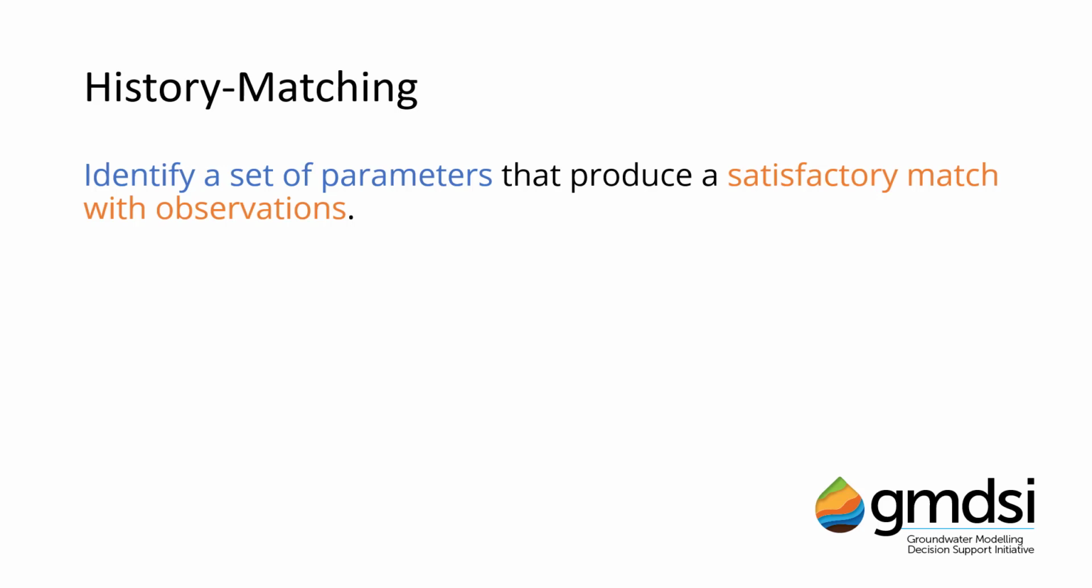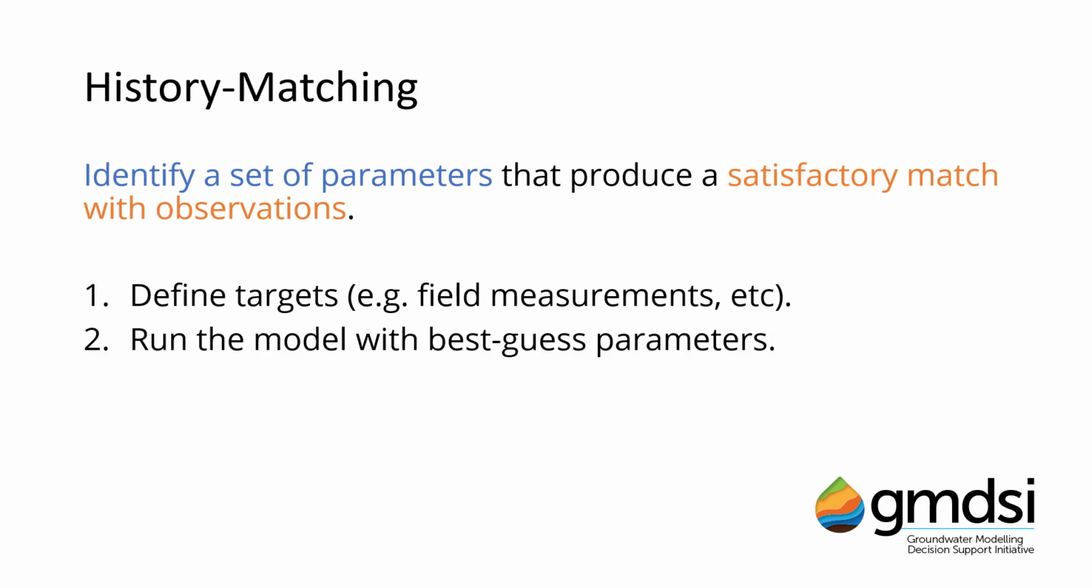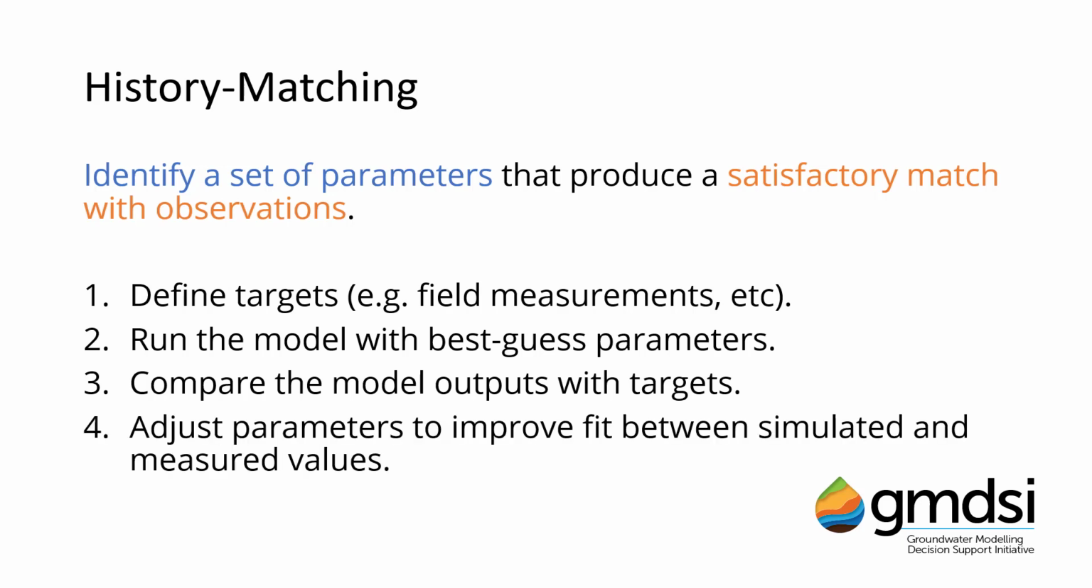Very roughly, this process requires identifying targets, or which observations we care about and wish to try and fit with our model; running the model with some best guess parameters, so essentially solving the forward problem using a set of selected parameter values; comparing the model outputs to measured data, so assessing whether that fit is satisfactory using some metric, usually some statistical measure of misfit; and if that is not satisfactory, adjusting the parameters again